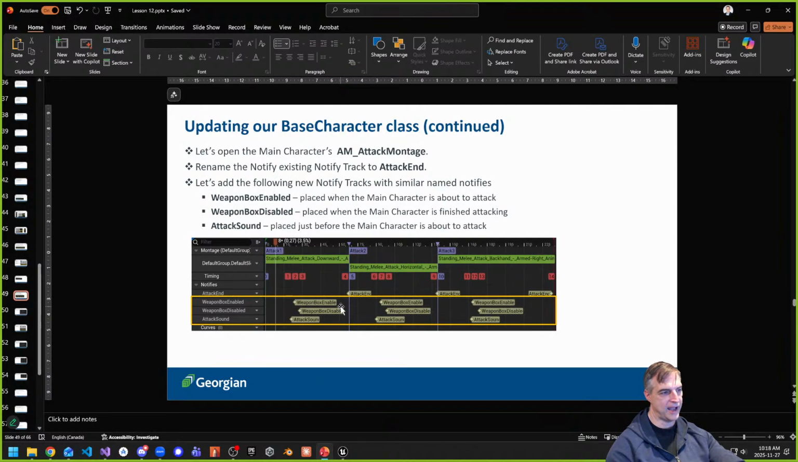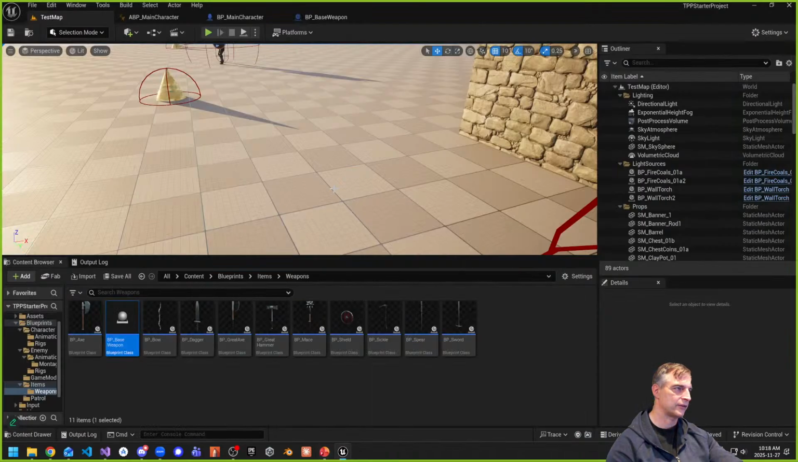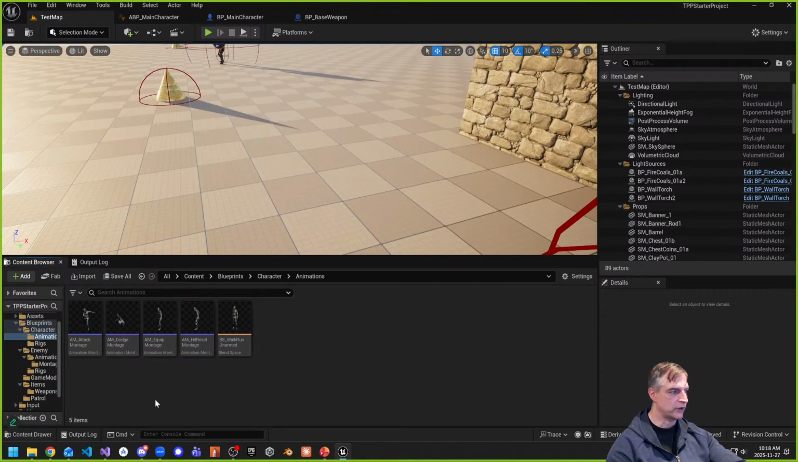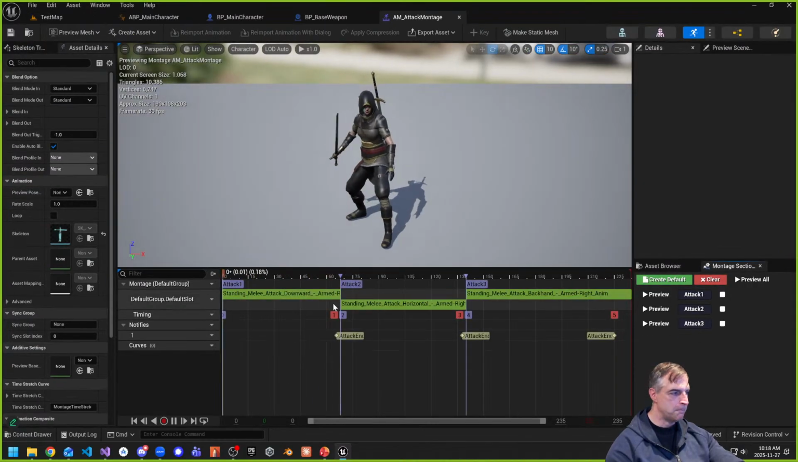Next, and here's where that's going to happen, because notice that we have weapon box enable, disable. We don't have the weapon box, by default it's disabled, right? So let's do this. We're going to start with the character's montage. So again, character animations. We're going to go to AM attack montage for the character, and we're going to do